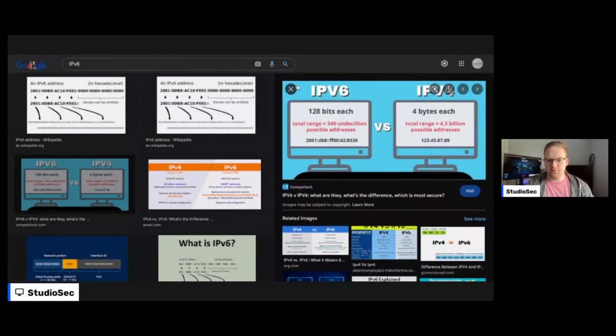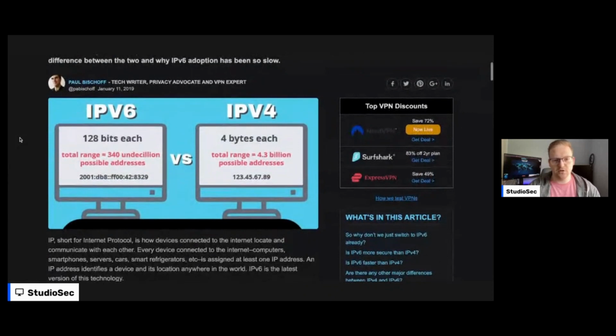We're going to talk about this picture over here on the side. This is from Comparitech, so credit to them for this graphic. On the right side, you can see IPv4, and what that looks like. Again, it looks a lot like what we were talking about, and the range is 4.3 billion possible addresses.